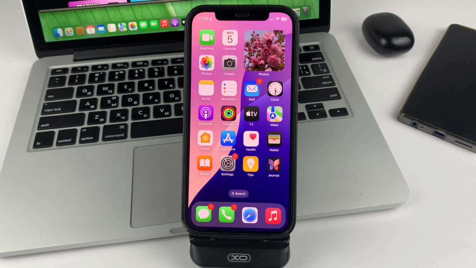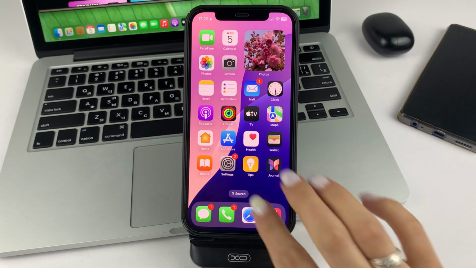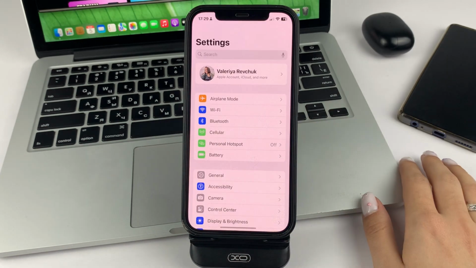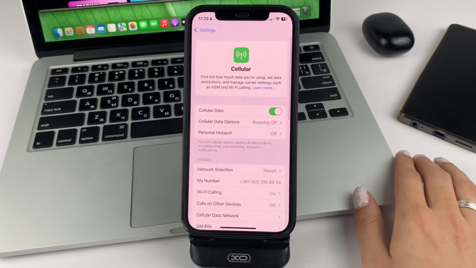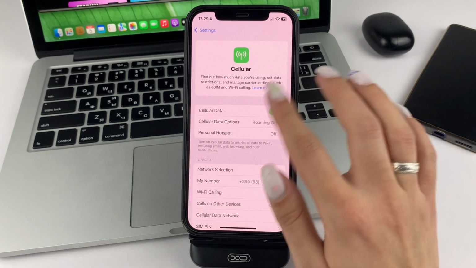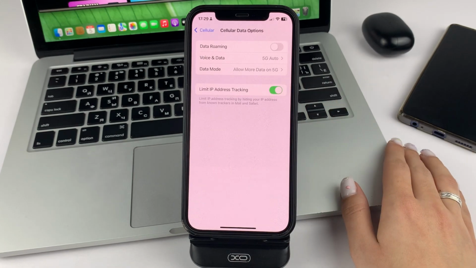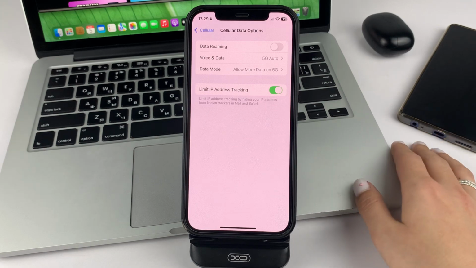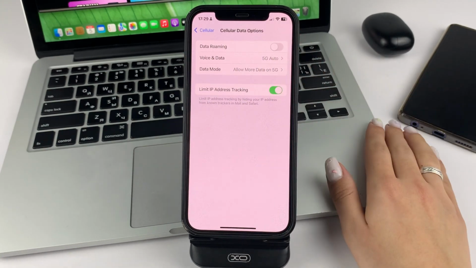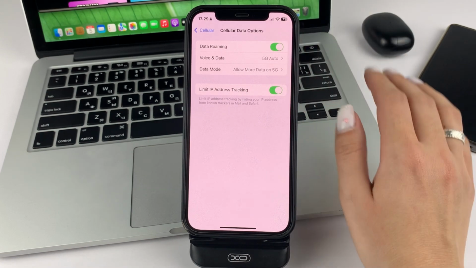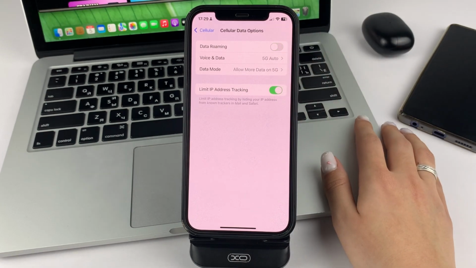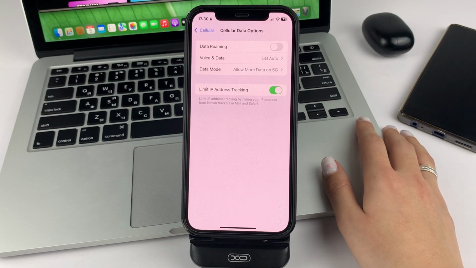So, let us get started. In order for you to enable or disable roaming, you'll need to go to Settings on your iPhone. Now select the Mobile Data option. And here you can easily find this option, through which you can enable roaming. As you can see, there is a button for roaming at the top here. You can click on it and roaming will be enabled, or you can click on it to make it grayed out. This way you will disable roaming.